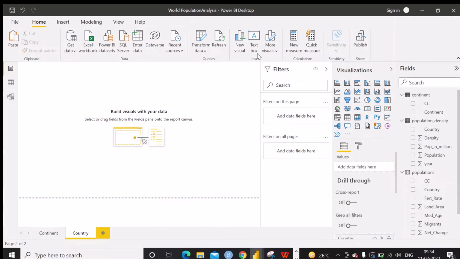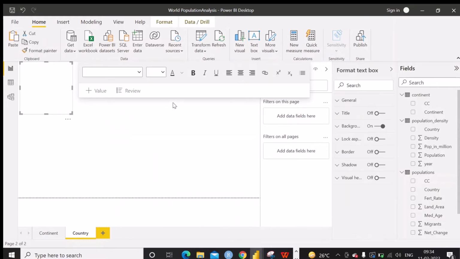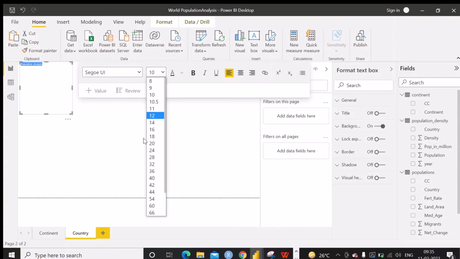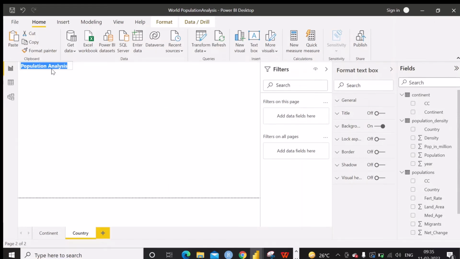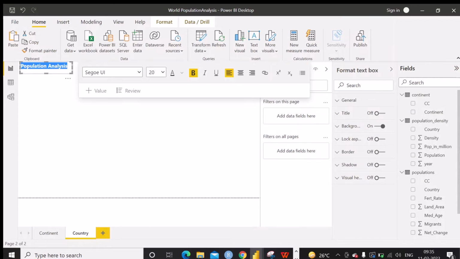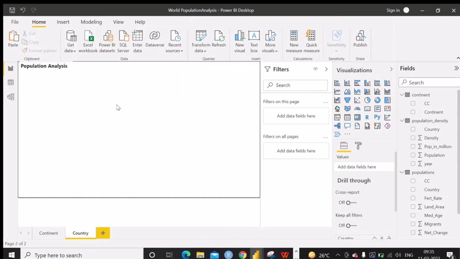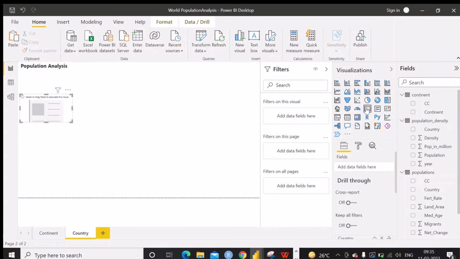First we can insert a text box and we say population analysis, let it be size 20, make it very simple. And the next one is we are going to create a country code.